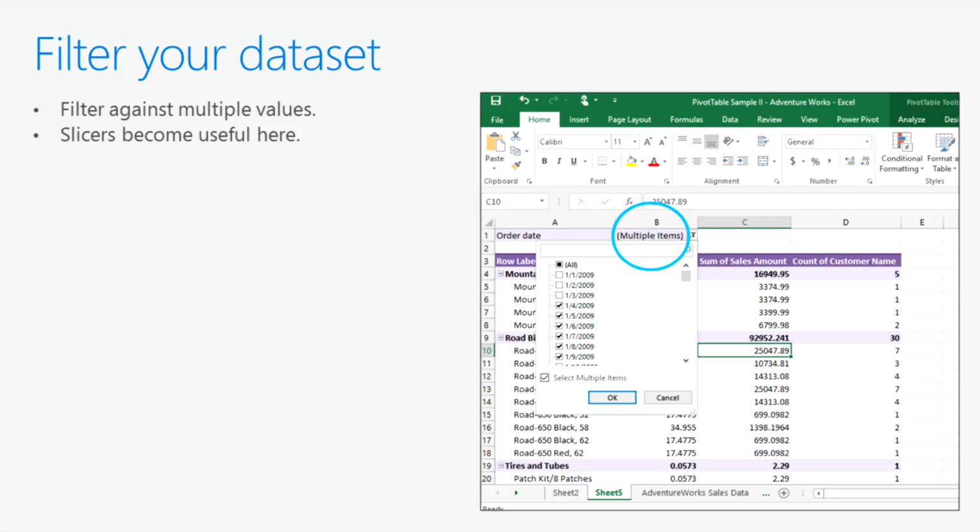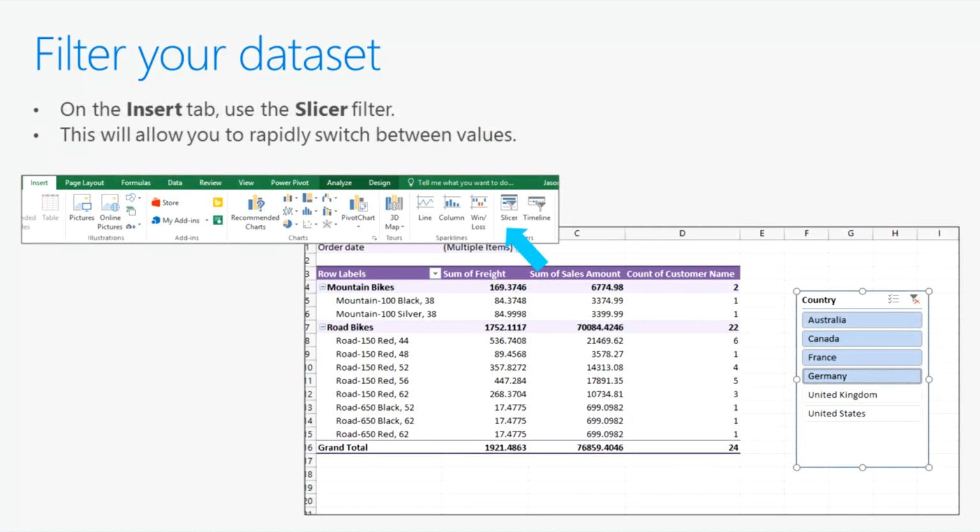Right here, you can see you have the option to choose multiple items from your filter. For example, instead of one day, maybe I want to show you a whole week. So I've checked off 5, 6, 7 days here. Another great way to filter your data set,